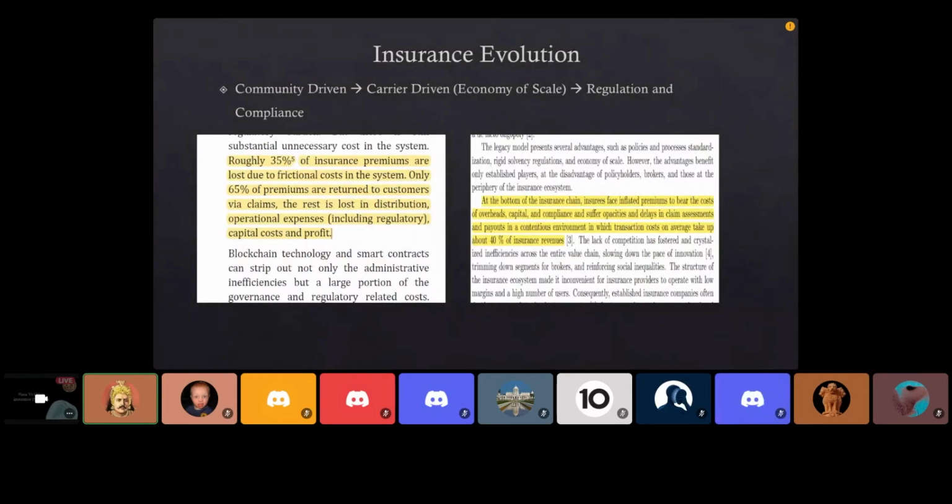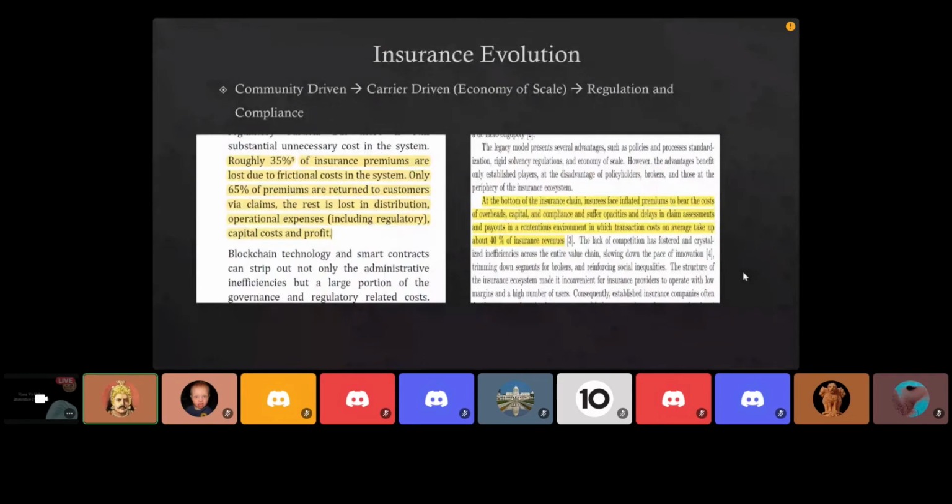So to give a brief background on the insurance evolution, it all started with community driven insurance. For example, around 100 people or 50 people come together. They pool in premiums and then they expect what risks are going to come in future. If one person from the community gets affected by that particular risk, then the seniors or elders from that community will decide whether the pooled in amount can be given to that person to cover his or her loss. So that is how it started.